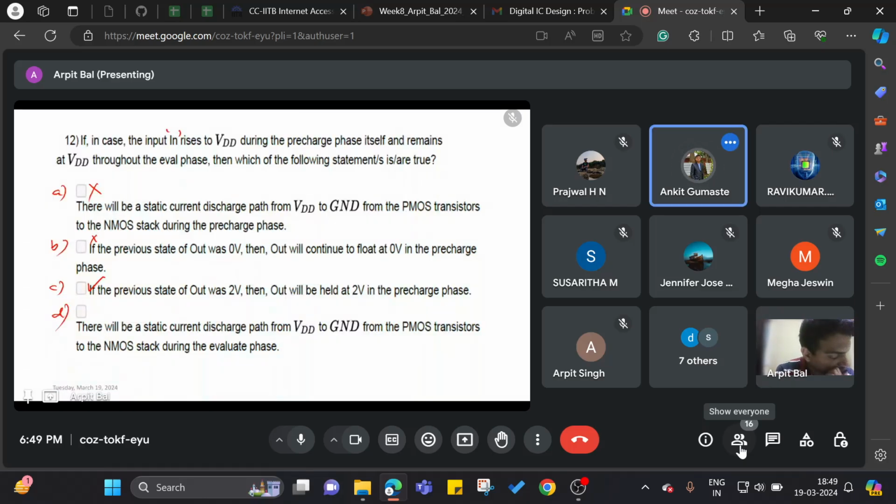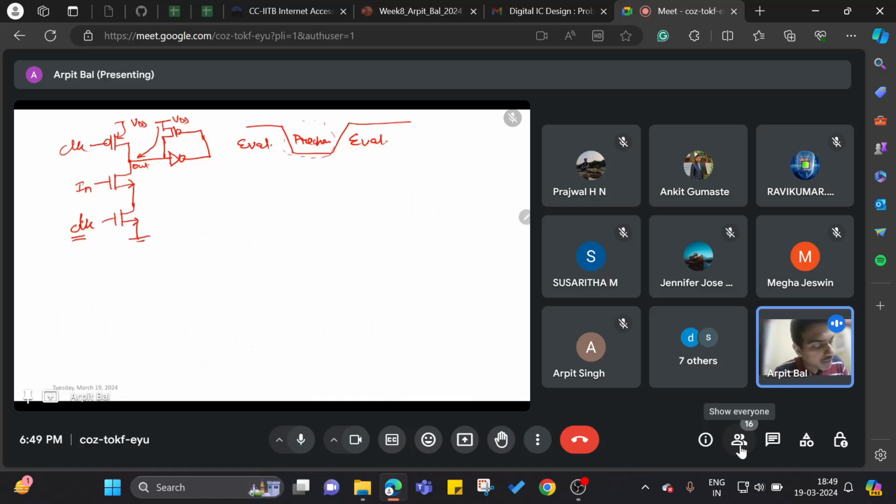PMOS will be cut off. How? So which PMOS? When you say PMOS will be cut off, which one? The one connected to clock. The one connected to clock. Okay. If this is cut off, then